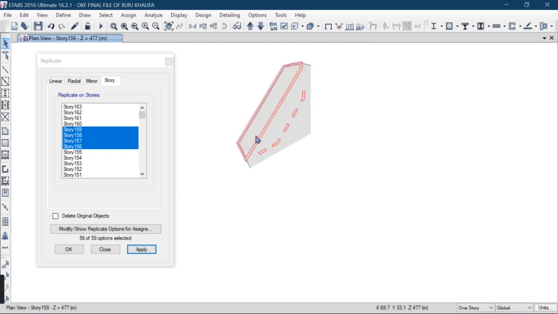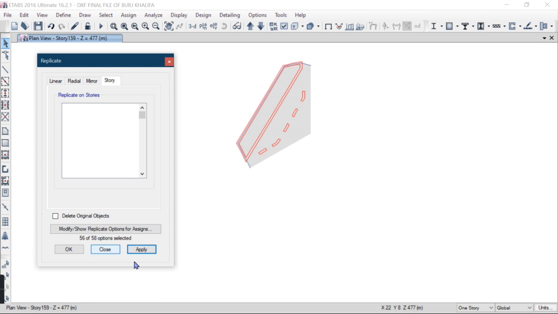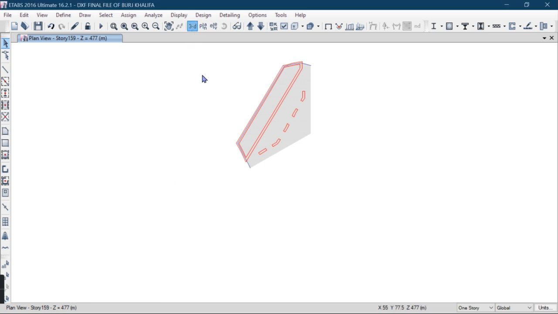Replicate to the 163. Done. Close it from here and go to the 3D view.